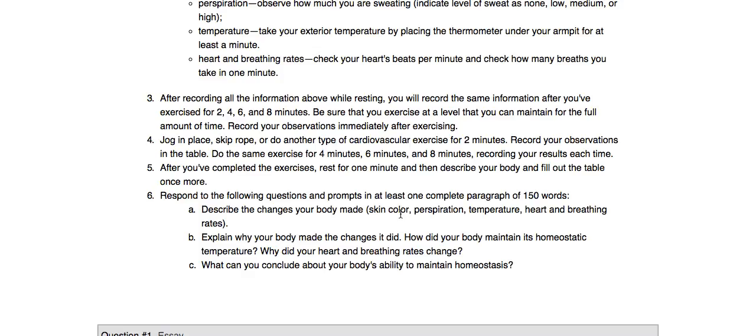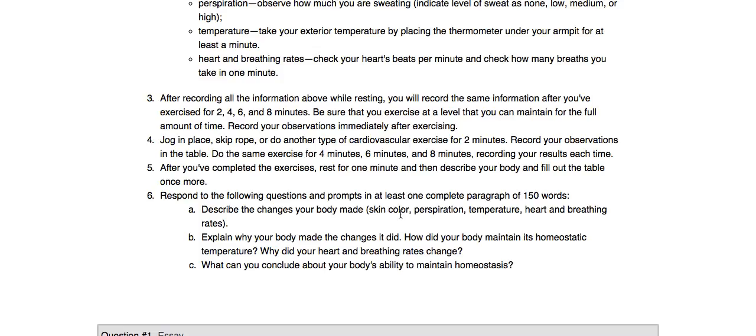Like if you started sweating, if you noticed your temperature changed, if your cheeks got flushed, if you felt your heart beating faster, if you noticed your breathing rate went up. Explain why your body made those changes. Think about it in terms of oxygen deficits. Think about it in terms of ATP deficits. And then finally,